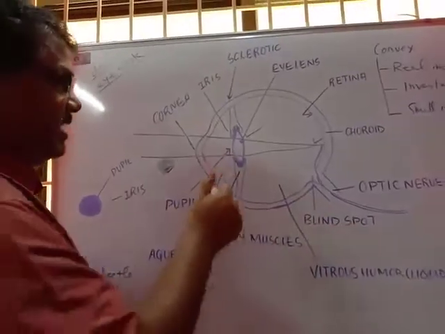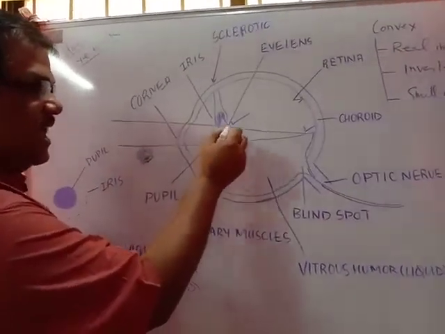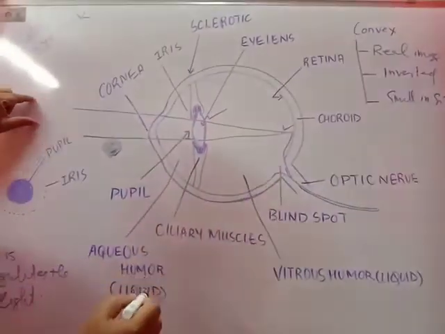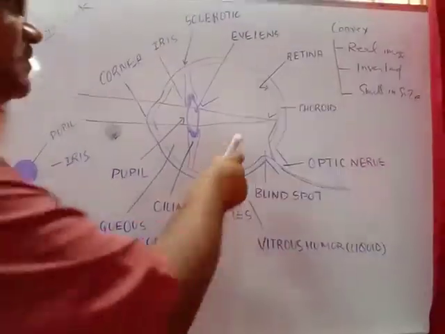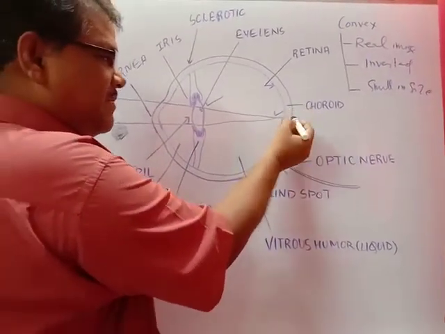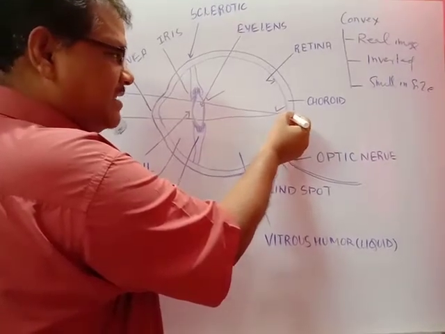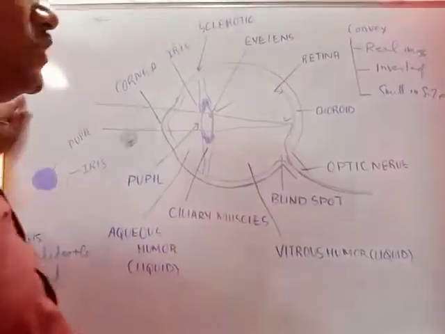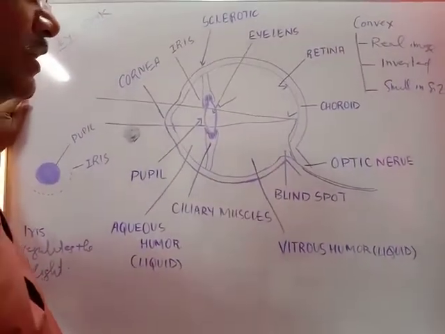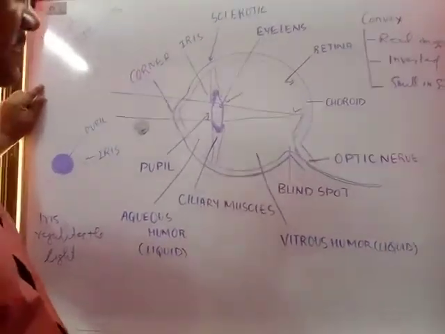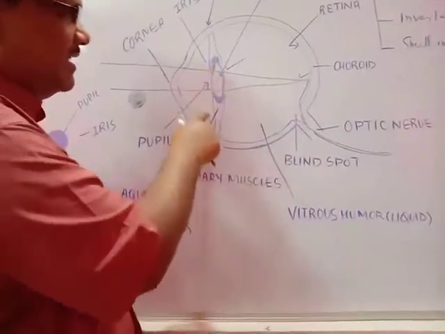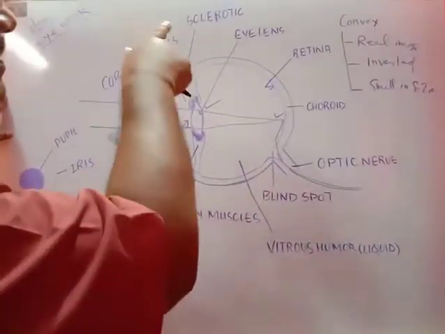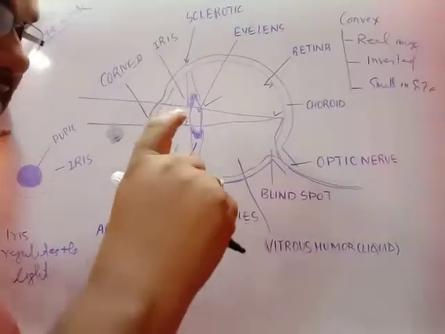You just listen to what I am telling: the position of the retina is fixed. If the object position is changed, then the image position must be changed. If the image position is changed, either it may fall before the retina or outside the retina. In that case, we cannot perceive the images. So to avoid this type of difficulty, the eye lens can change its aperture. That is why it is made up of a crystalline lens. Its aperture will be changed.